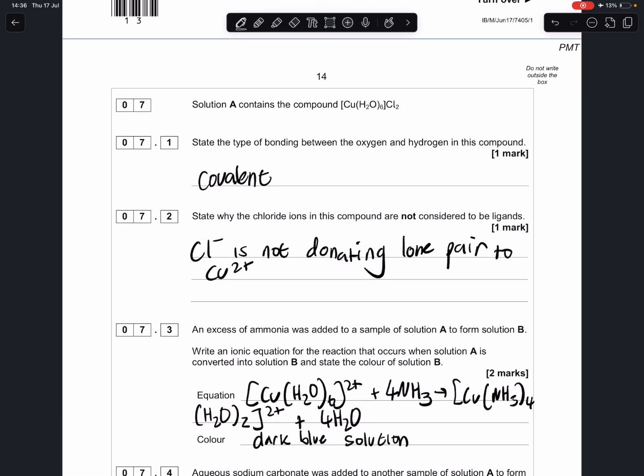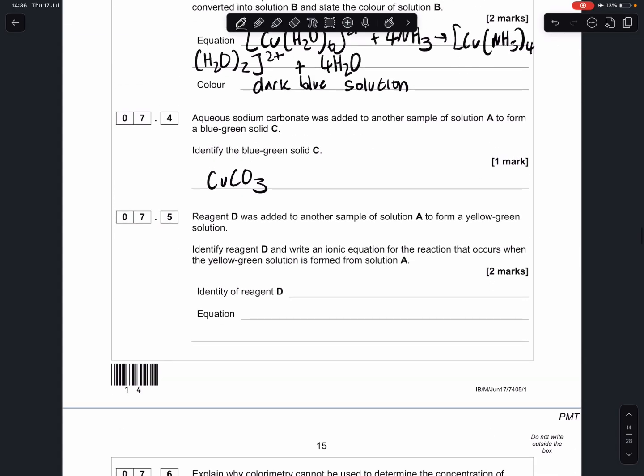And this is unfortunately just one of the ones that you need to remember, but we are swapping all of the 6 water ligands for chloride ligands. And chloride ligands are a lot bigger than these water ligands, so we can only fit 4 of them around copper, 4 coordinate bonds of these chloride ligands around copper. So if we start with the equation, we have our copper hexa aqua complex,